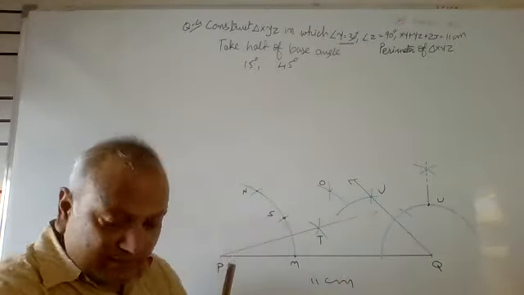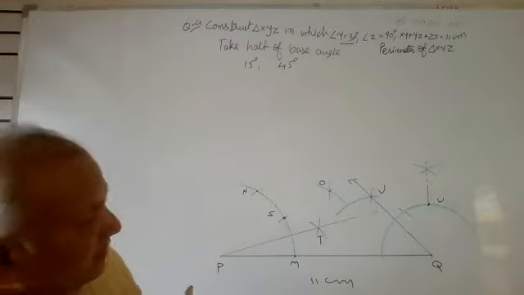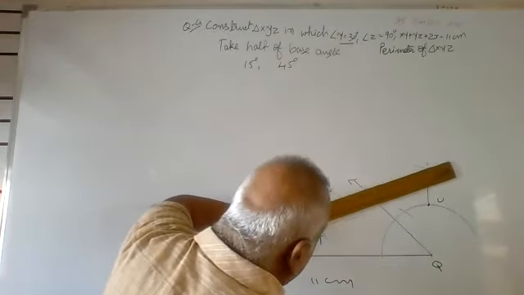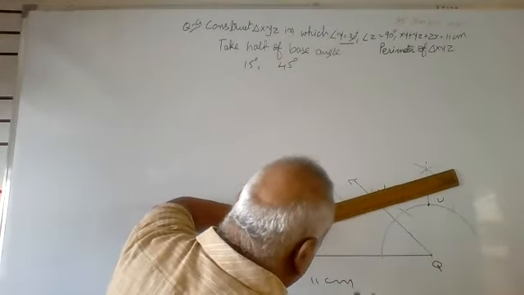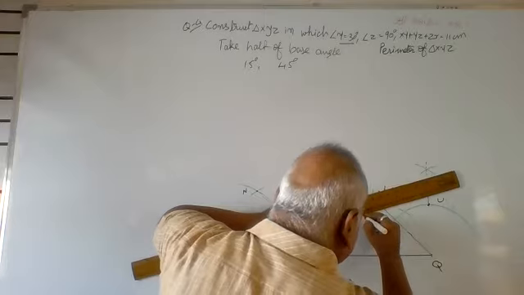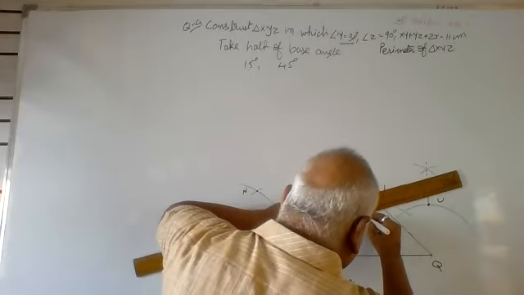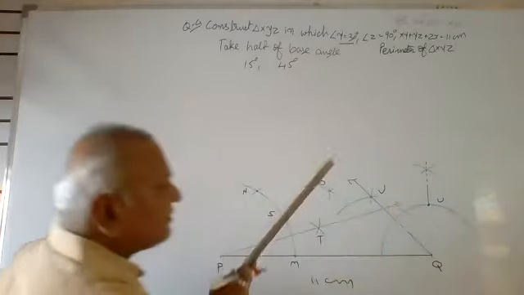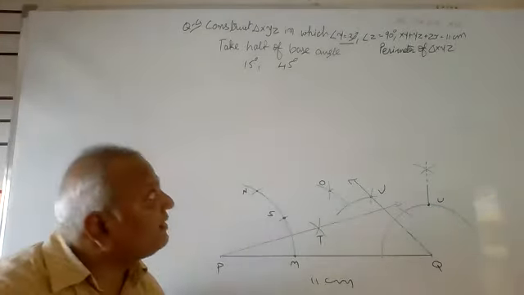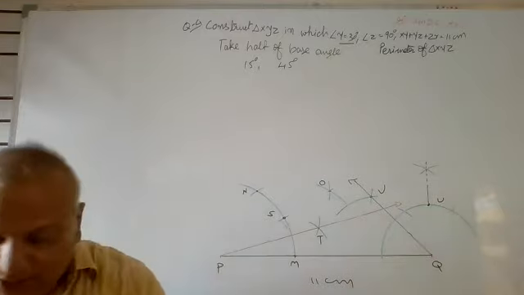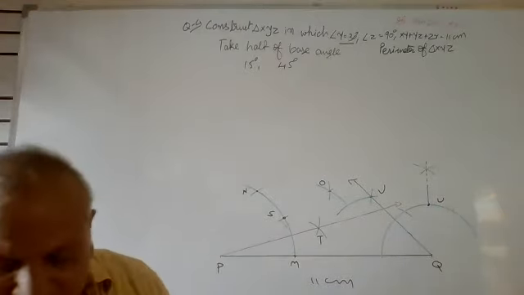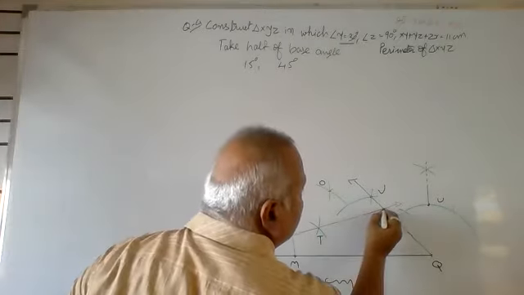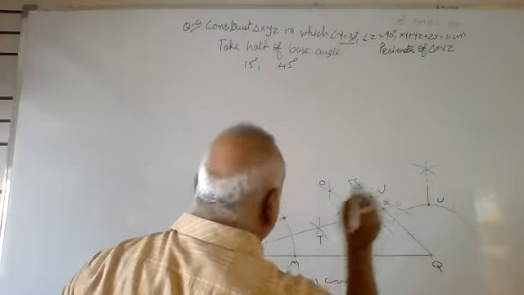I should extend the 15 degree angle because these must intersect. So I will extend this ray like this. Here I have extended. Where both the rays meet, we can say it is our main triangle XYZ. XYZ is the main triangle that we need. So here it is X.